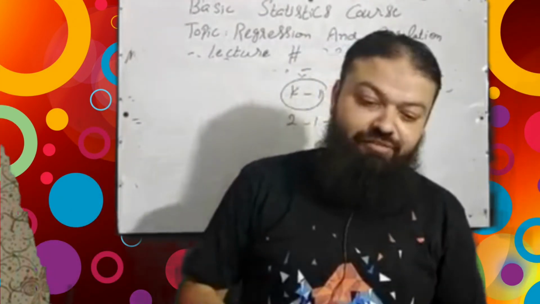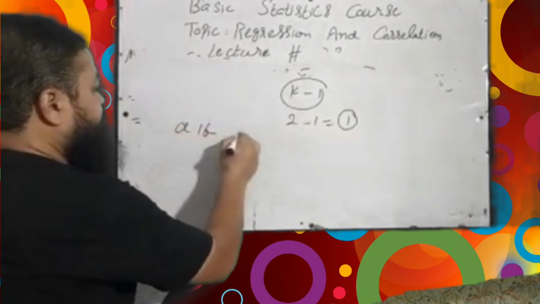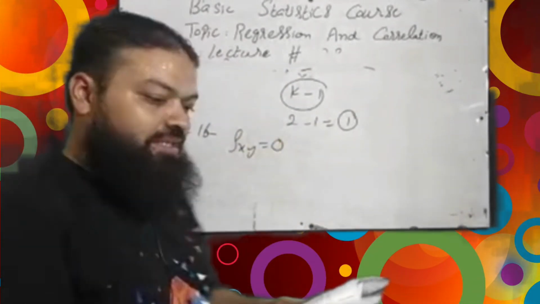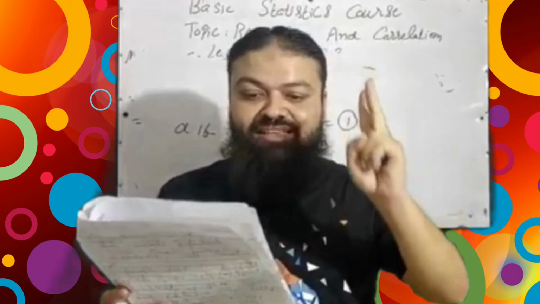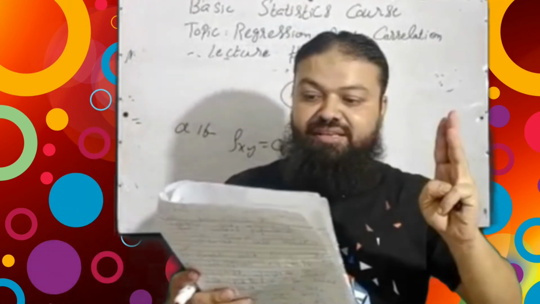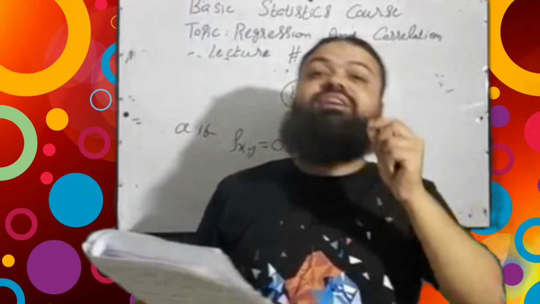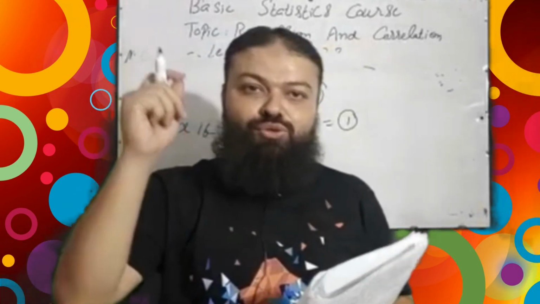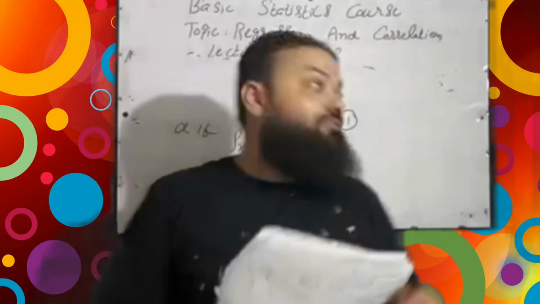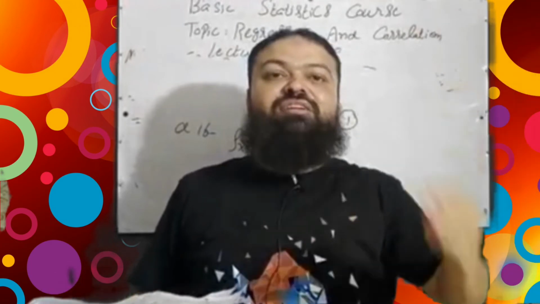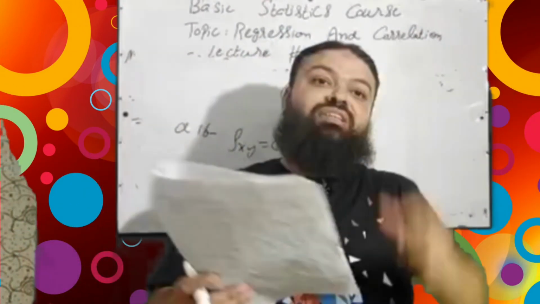Question number 16. If rho xy is equal to 0, the variables x and y are a independent, incorrect, b linearly related, incorrect, c dependent, incorrect, d not linearly related. That is the correct one. Dear students, a very important concept, correlation coefficient is used to determine the linear relationship between independent and dependent variable. When that is 0, it does not mean that there is no relationship between x and y. It means there is no linear relationship between x and y. It means D will be the correct option in the exam.